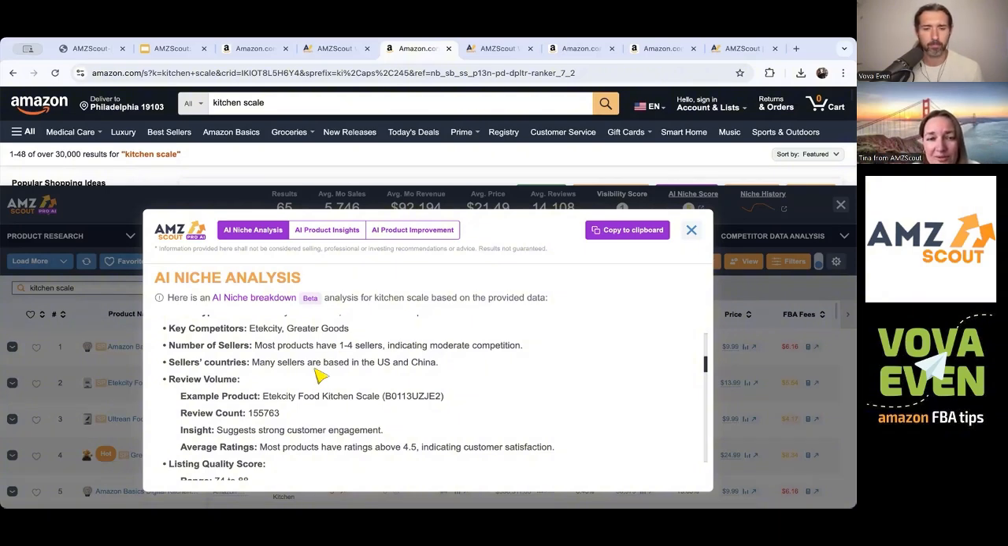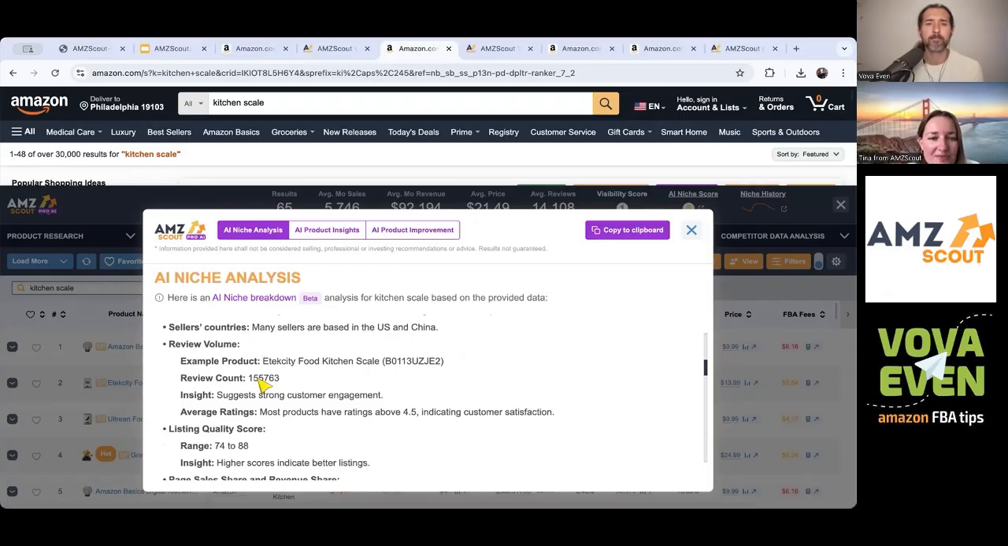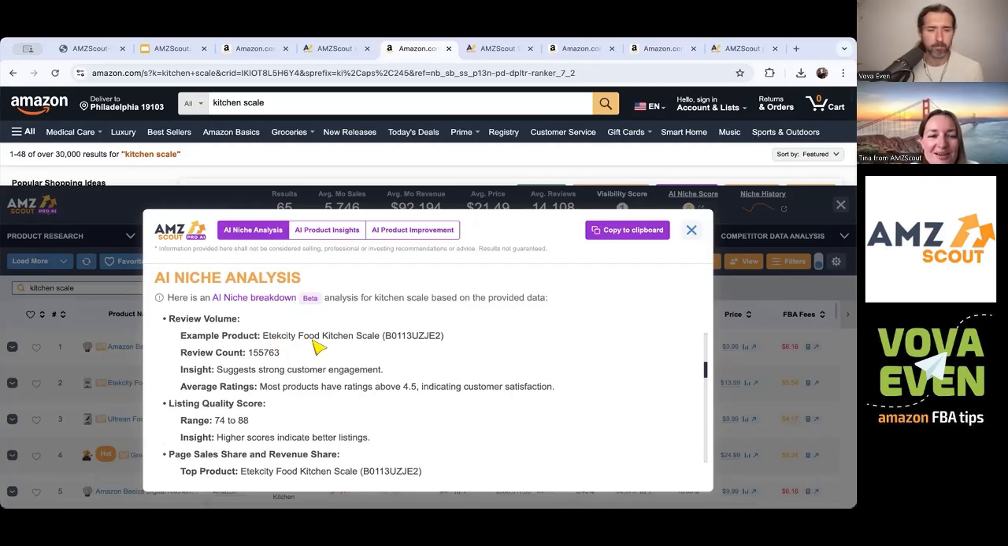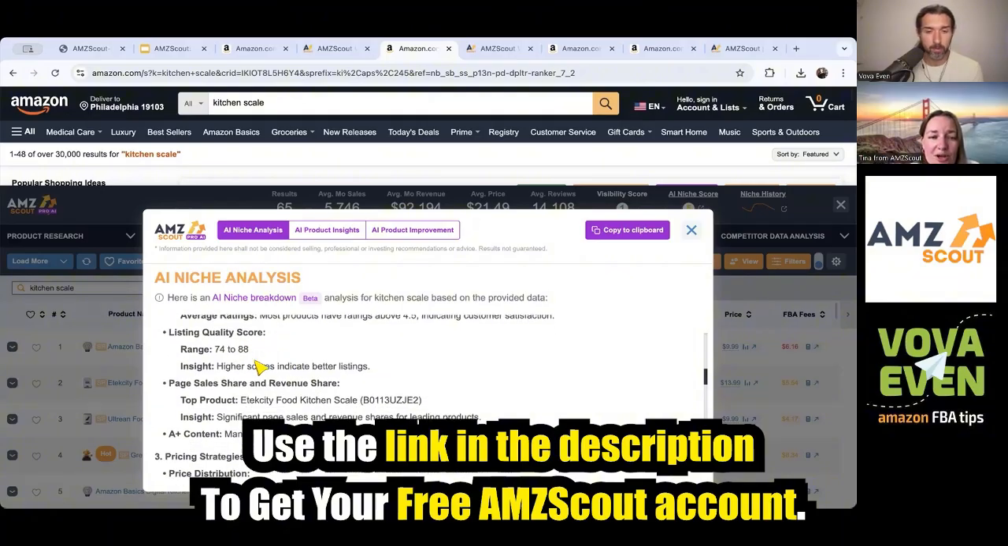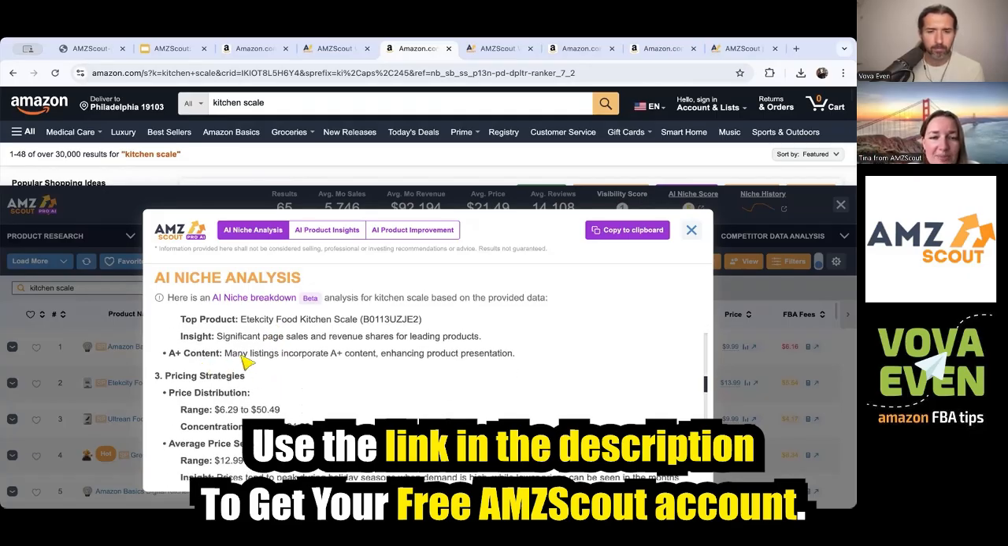But here you can see all the analysis, and it allows you not to forget to analyze anything. The review volume, the review count you see, is very, very high for some example products. I think one of the leading products. The average ratings, the average listing quality scores, page sales and revenue share of the top product, and about A+